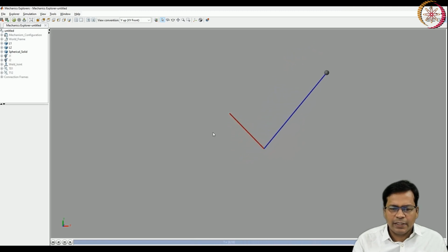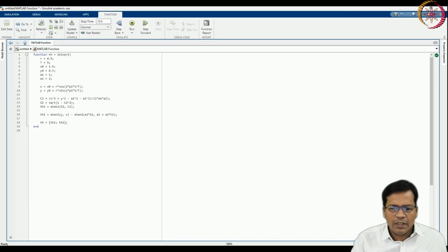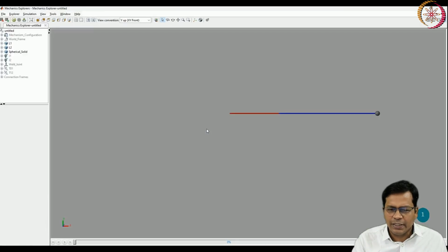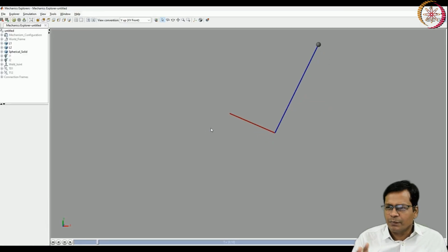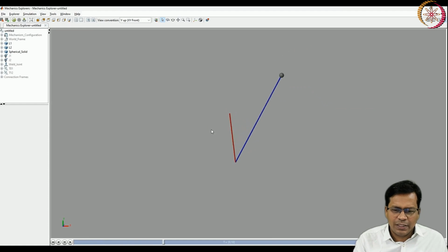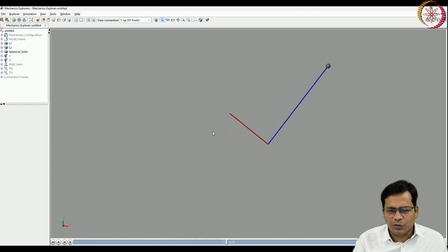You see, I keep on changing the parameters for the circle and it operates with that. The circle center location can be changed. Link length, you cannot change so easily. If you have to change it, you have to change it in both the locations, that is the A1 and A2 variables here as well as in the blocks. Okay, that is the link length block, everything needs to be changed.